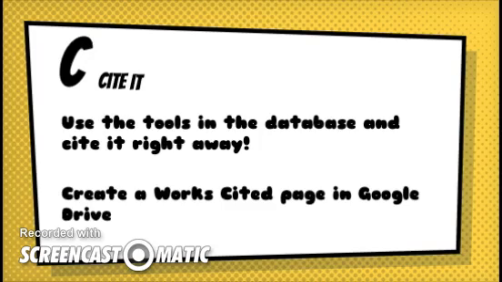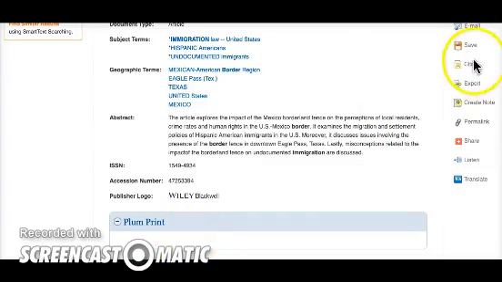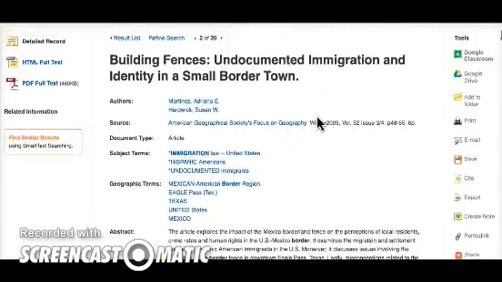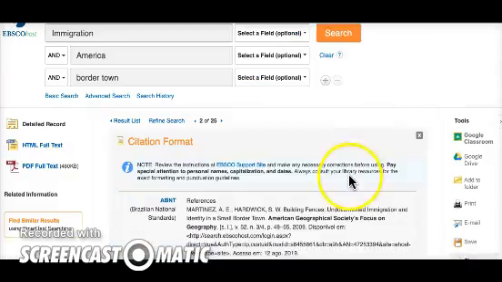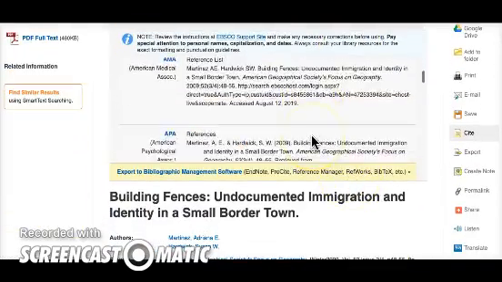One of the cool things about databases is that they will cite the source for you in whatever format you need to use. So I always recommend for students to cite it at this point. Don't wait, go ahead and cite it. So if I look over here on the right side of my abstract where I was in that article, you'll see there's a little place that says cite. All I have to do is tap on that,